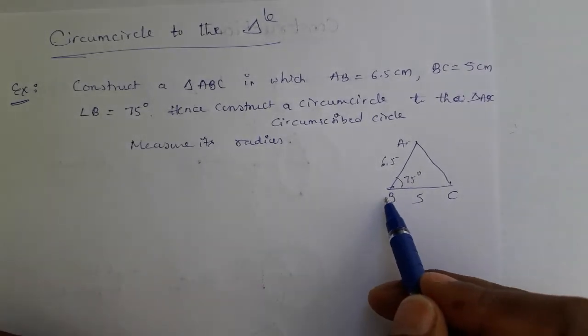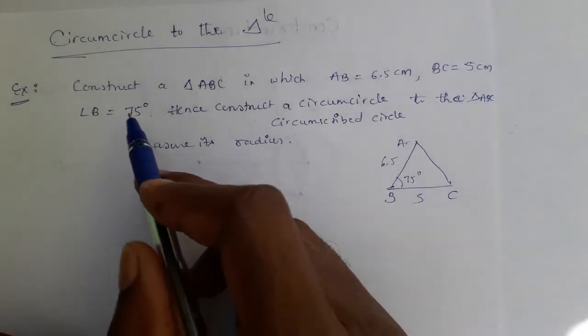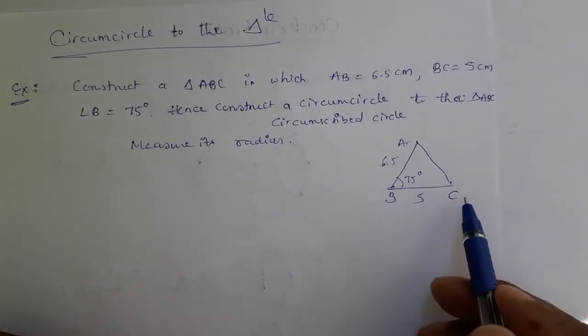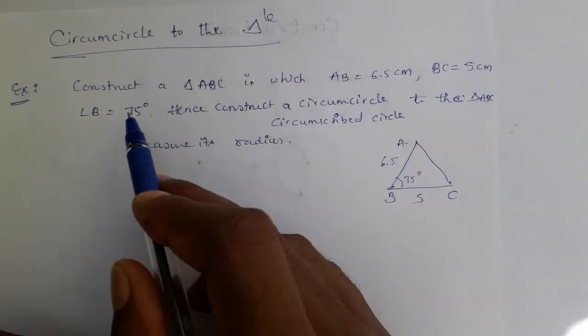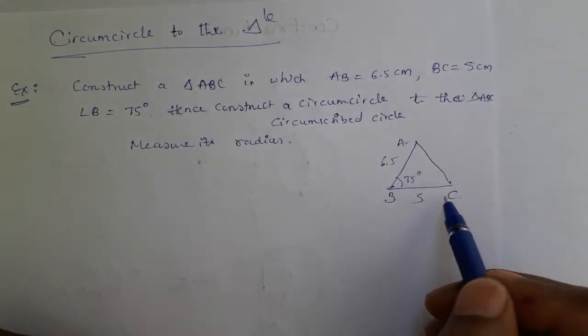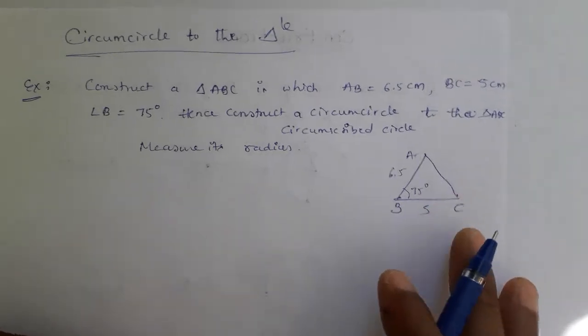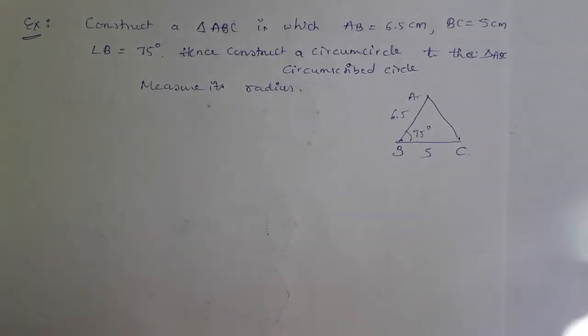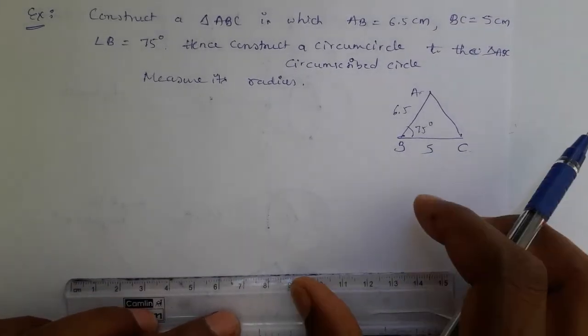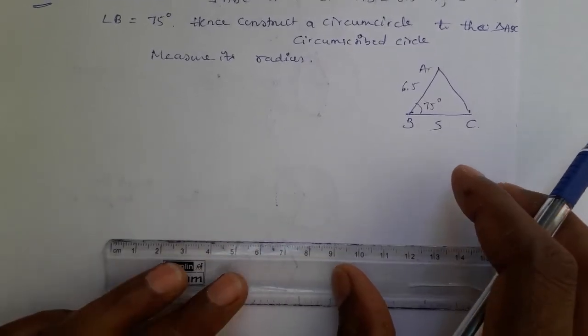Make that vertex better in the base. Because if angle A is given, suppose angle A is given, make A here. Then A, B, C, right? Like that. If angle C is given, so any angle that is given, make that angle in the base, such that your construction becomes easy. Now we'll start with the construction of this triangle. By seeing this rough diagram of the given triangle, we'll draw the accurate triangle.